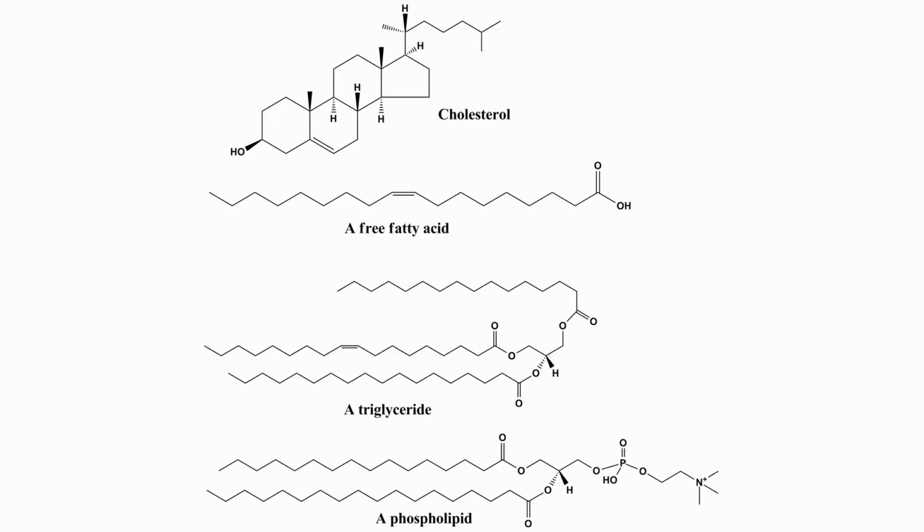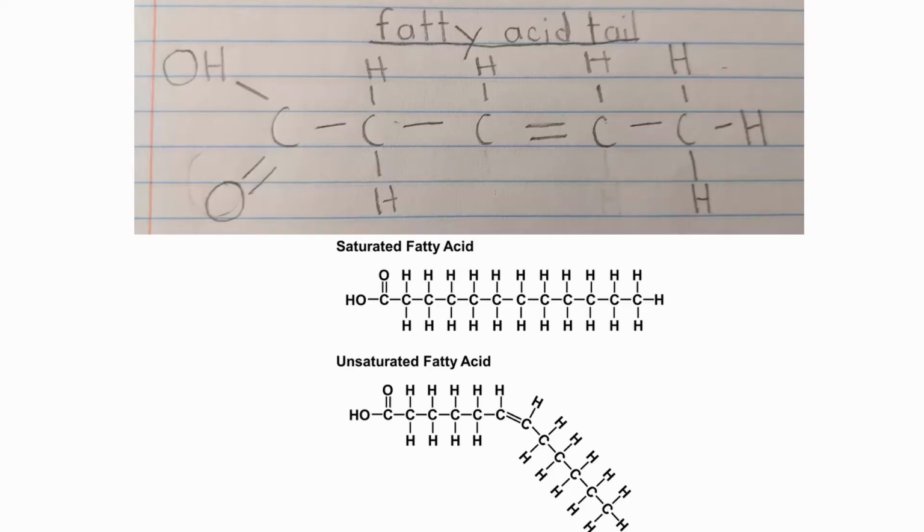Let's get into the components of a lipid. A reminder that a lipid does not form polymers, thus these components are not monomers. The first key component that you see here is the fatty acid tails. The fatty acid tails are really important for making up those saturated and unsaturated fats, as well as the phospholipids